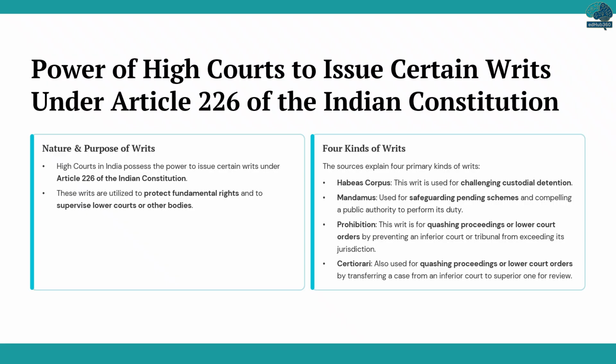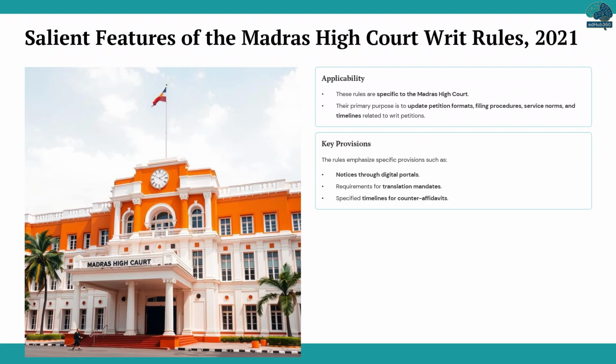Habeas corpus is used to challenge unlawful detention. Mandamus is utilized to compel a public authority to perform its duty, especially for safeguarding ongoing schemes. Prohibition helps prevent an inferior court or tribunal from exceeding its jurisdiction, effectively quashing proceedings or orders. And certiorari also aims to quash proceedings or orders, but by transferring a case from a lower court to a higher one for review. Our discussion today will also touch upon specific rules, such as the Madras High Court Writ